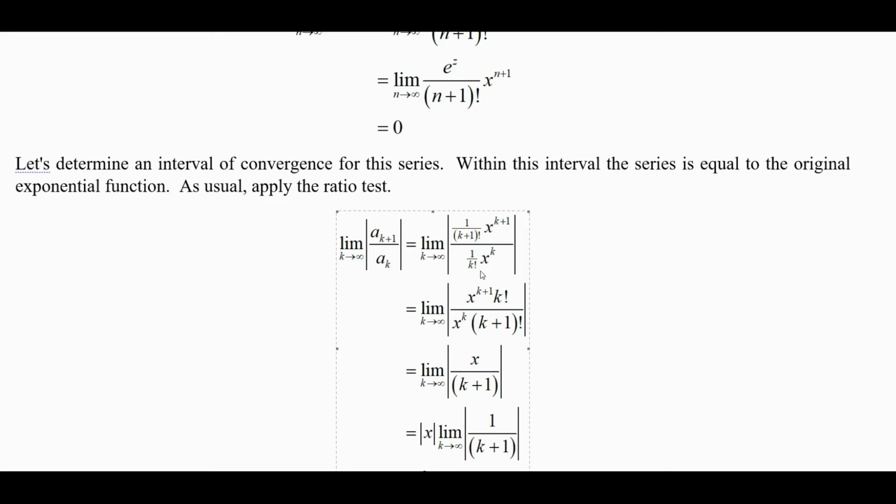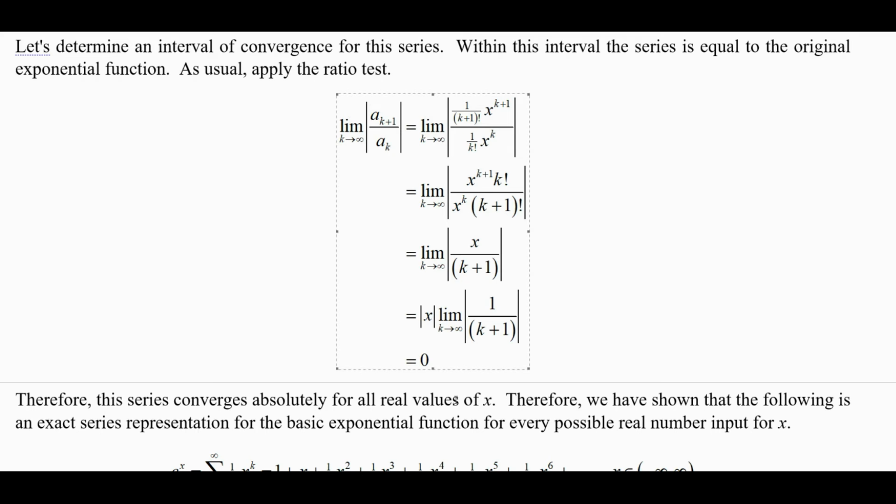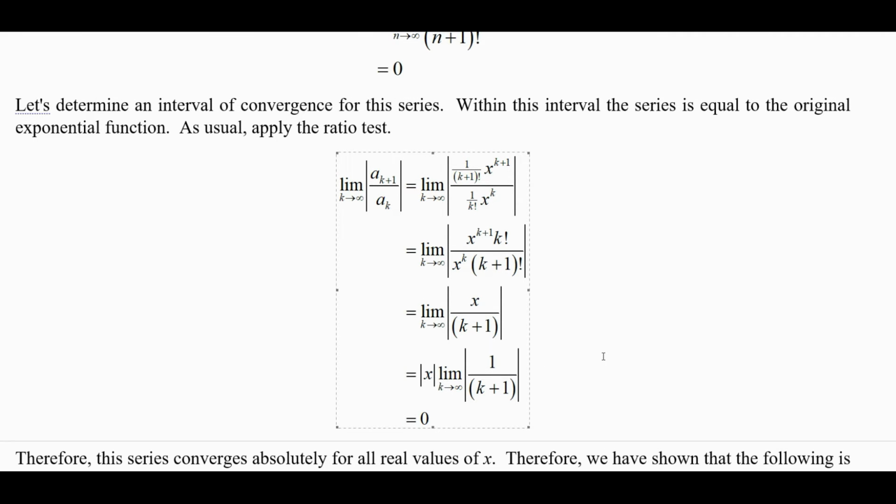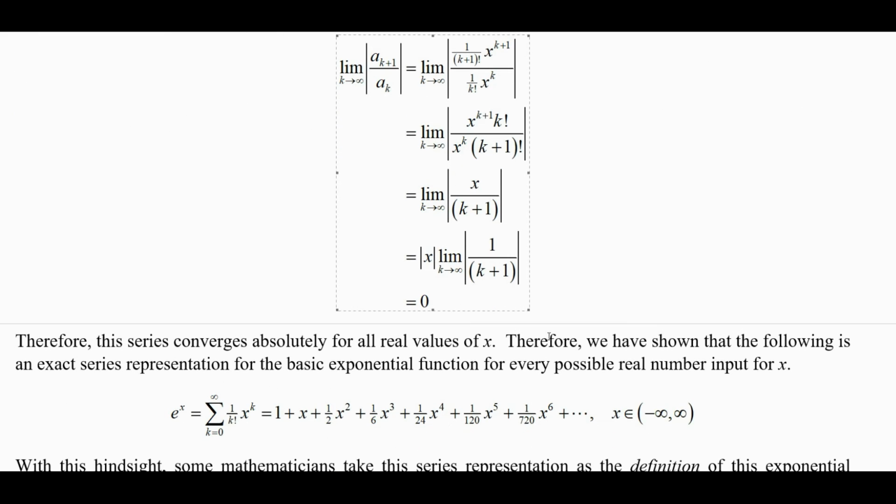This is k factorial over k plus 1 factorial. That cancels out, leaving 1 over k plus 1. The limit of that is actually just 0. And so that means this converges no matter what. So this converges for all real values, and so the series converges absolutely. And we've seen that it converges to e to the x because that remainder term approaches 0. So for any real number x that we put in, e to the x is equal to this power series